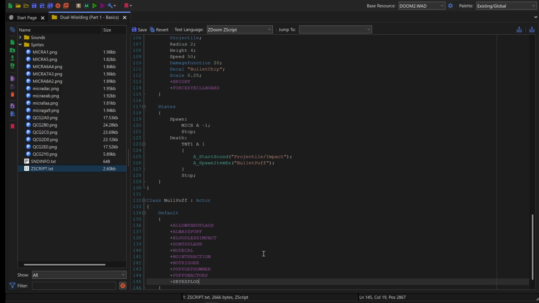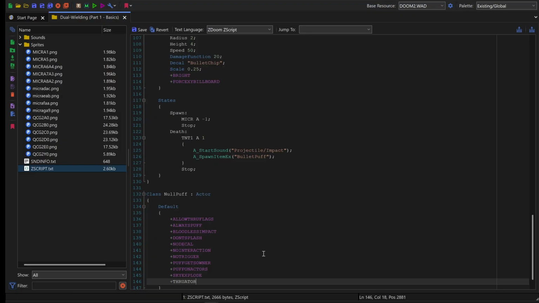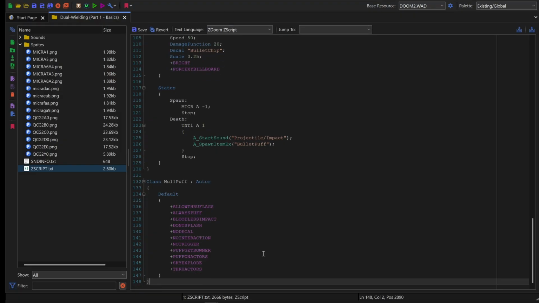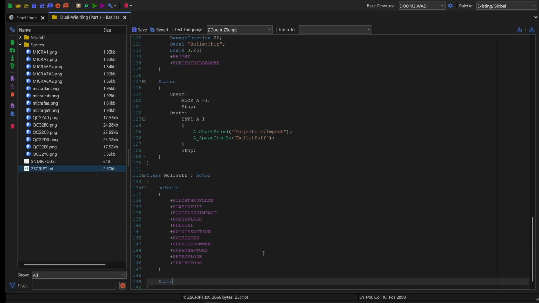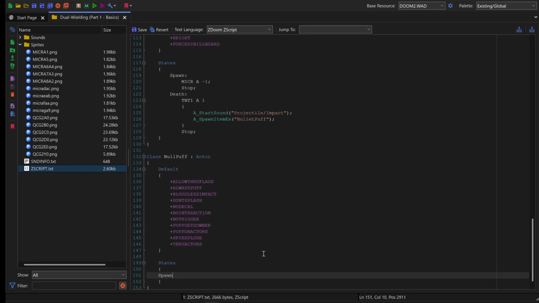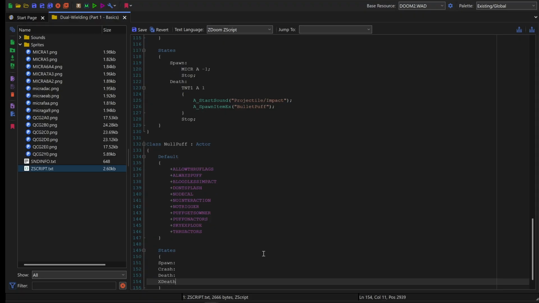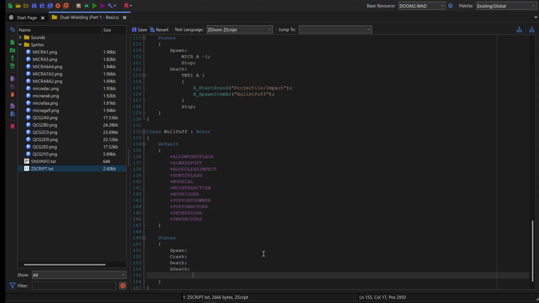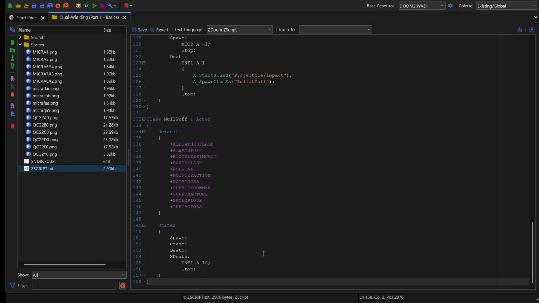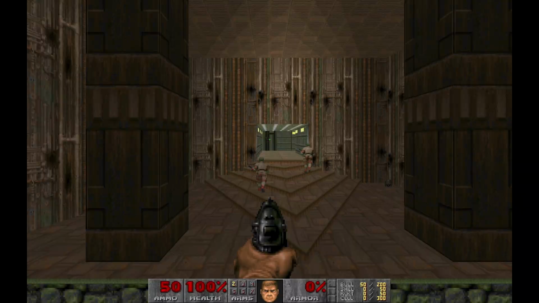Sky explode and through actors. I actually forget if that does anything against actors. Okay, for that we're going to have under the states spawn, crash, death, X death, TNT1A10, and stop. And that'll do it. So let's go check this out real quick. So again, this is